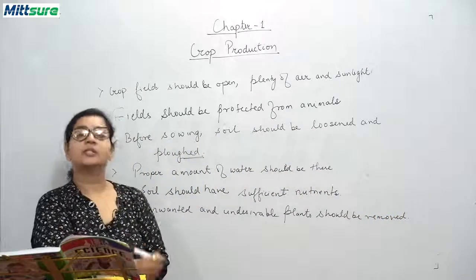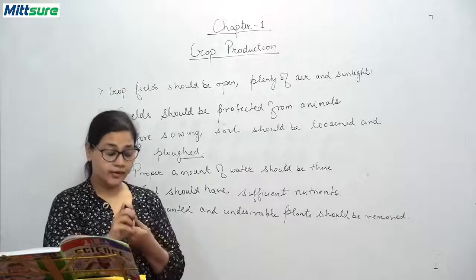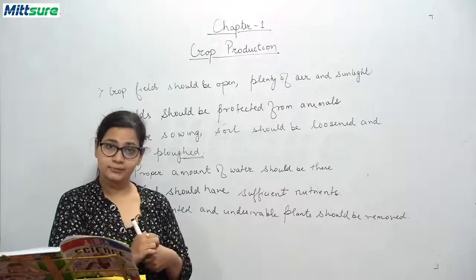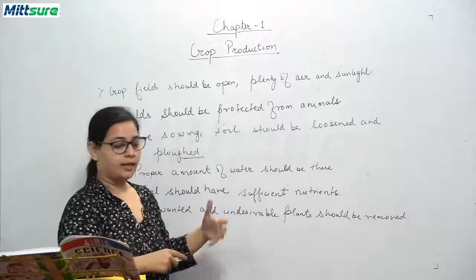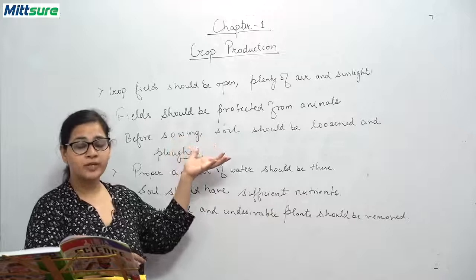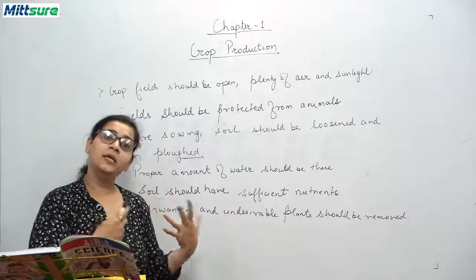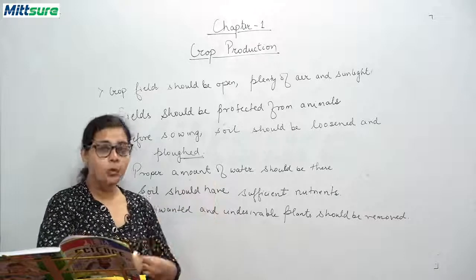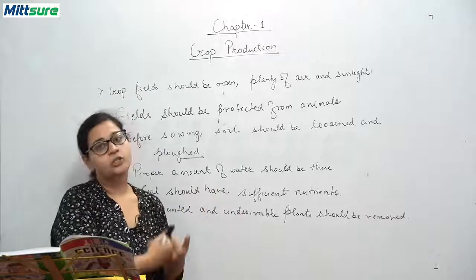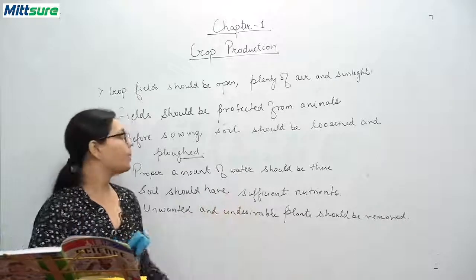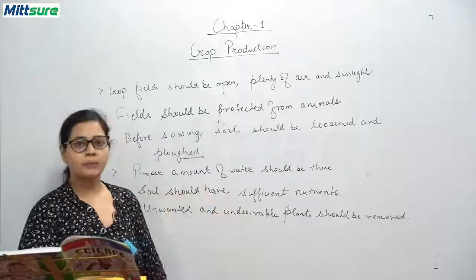Okay, so these are all the agricultural practices which help to get a good crop yield. Also, the method of sowing can be of different types, and high yielding seeds, that is, seeds which give us more quantity of crop, can be used for agricultural practices. Now this topic is completed.